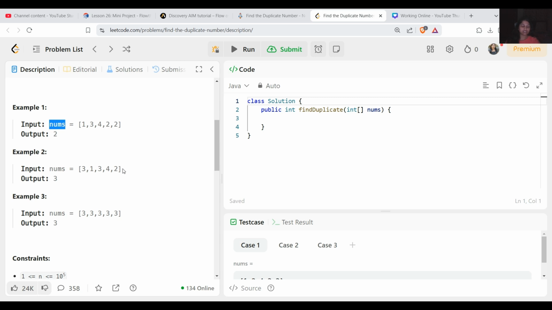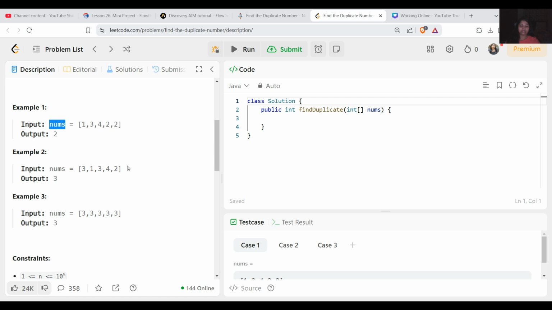For cycle detection we will have two pointers, one slow and the other fast. Slow moves one step at a time and fast moves two steps at a time, and when they meet, it means there is a cycle, which confirms that there is a duplicate. The last step is to find the starting point of the cycle, which will be the duplicate number.